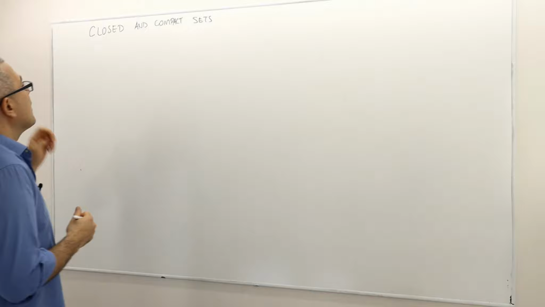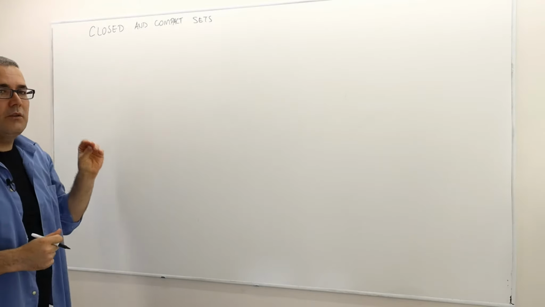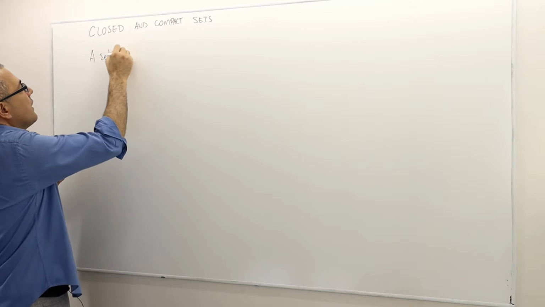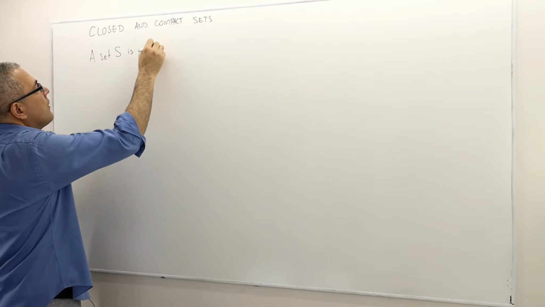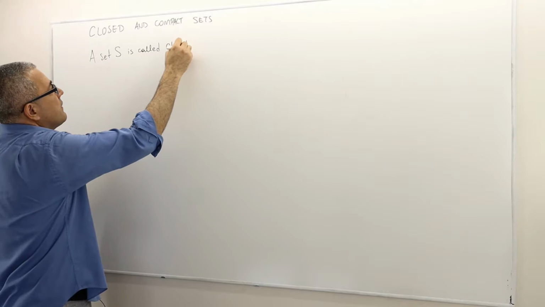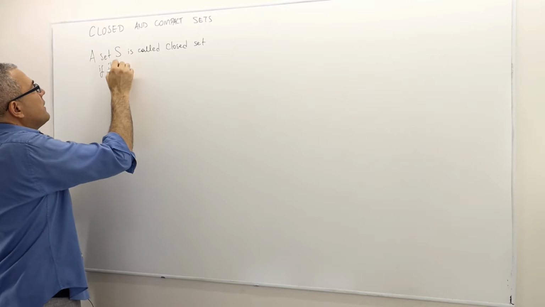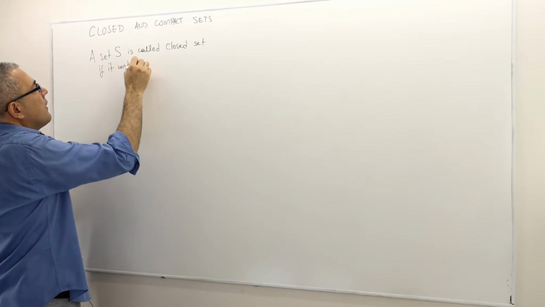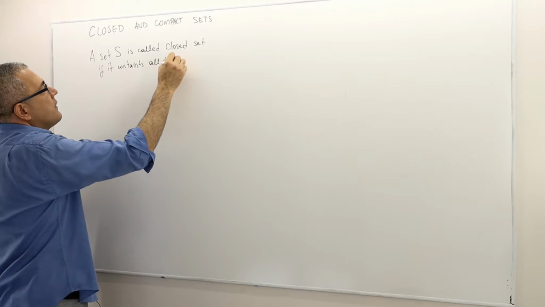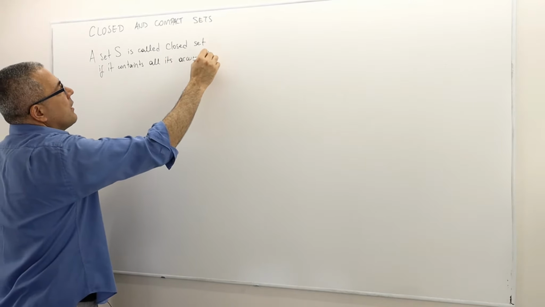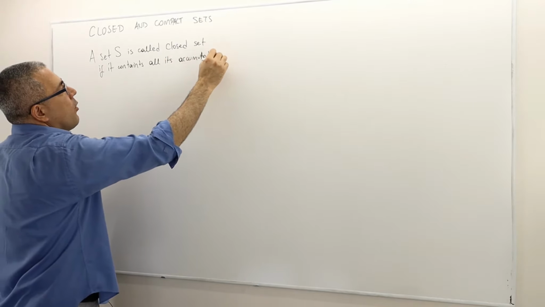All right, so now let's talk about closed and compact sets. We are going to define closeness by using the idea of neighborhood. So a set S is called a closed set if it contains all its accumulation points. Accumulation points, as simple as this. All right, so